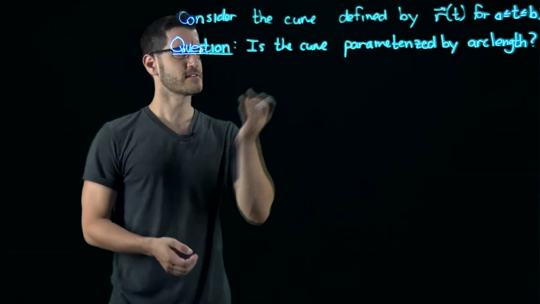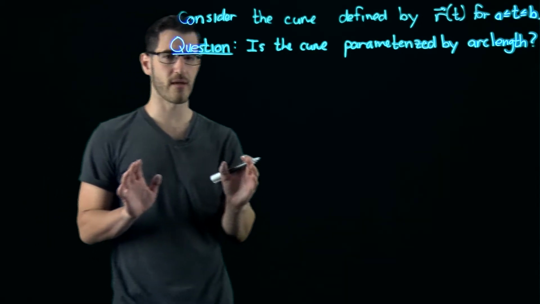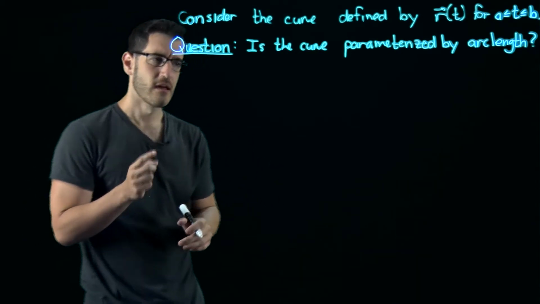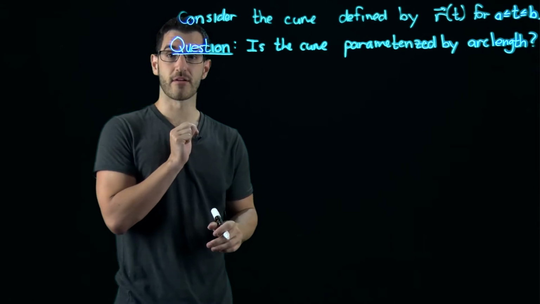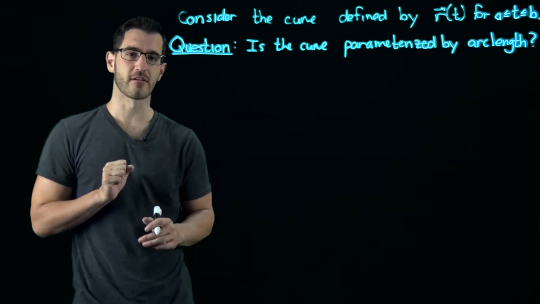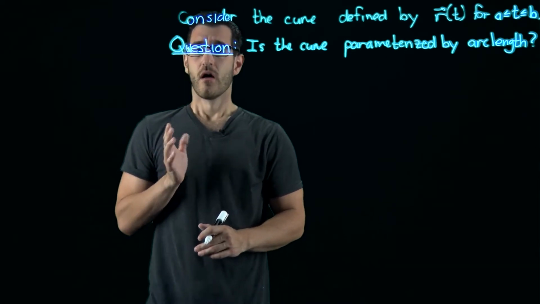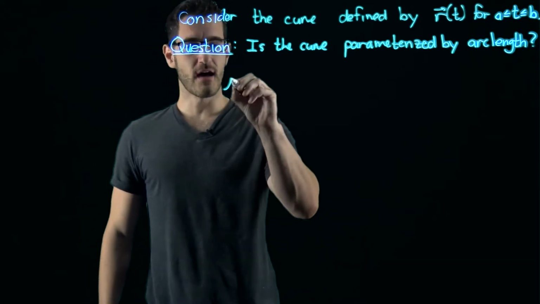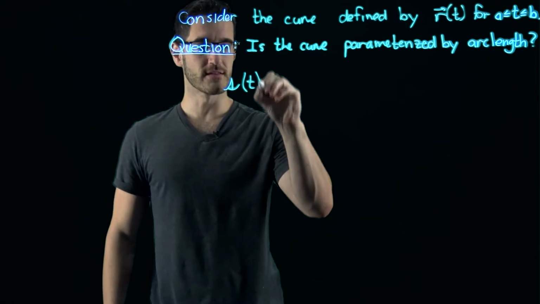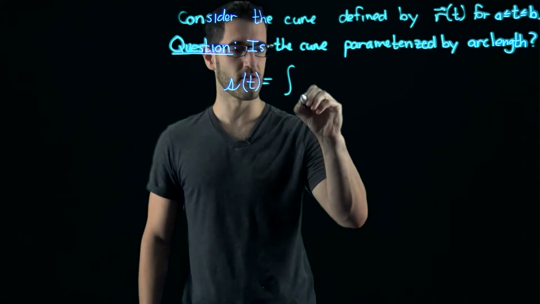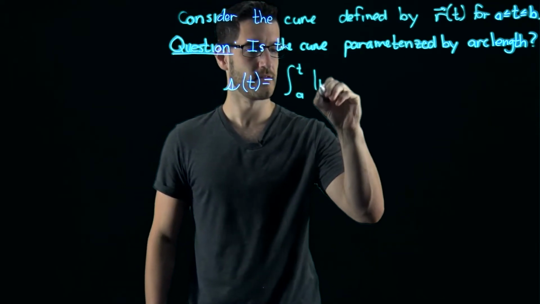Okay, so let's consider this curve, and it comes with a parameter t. And our question is, given this parameter, is it actually the arc length parameter? So how should we go about figuring that out? Well, we know in general that no matter what that parameter is, the arc length will be given by the formula that we just talked about,